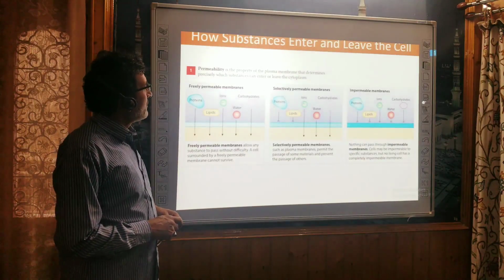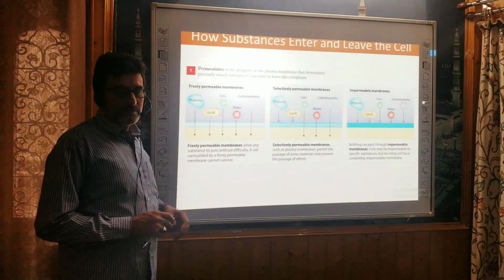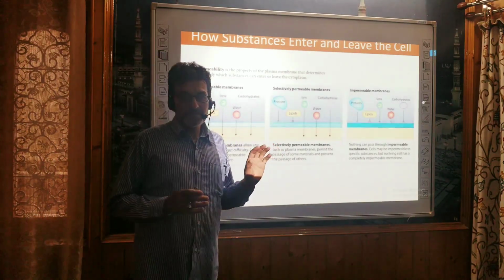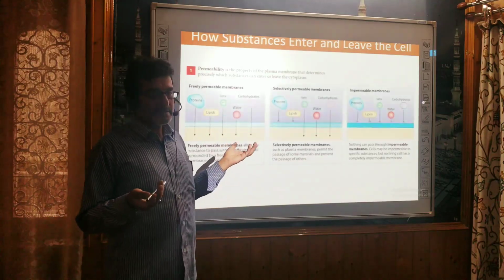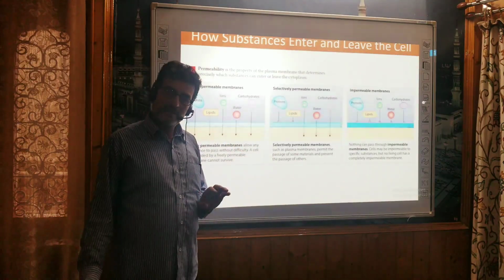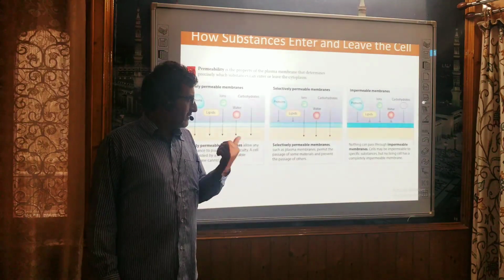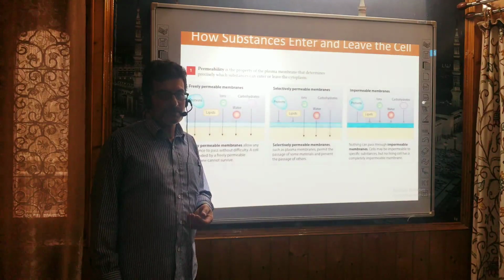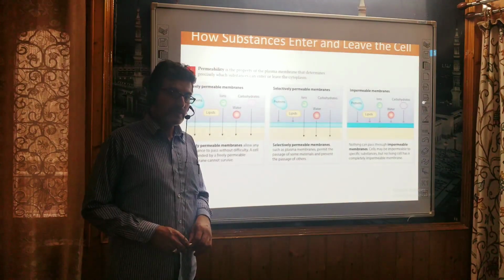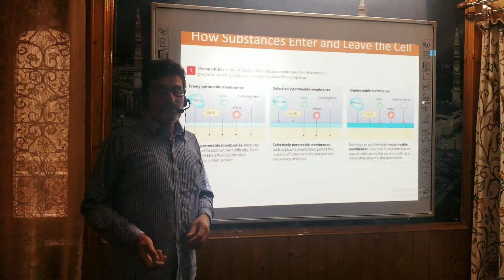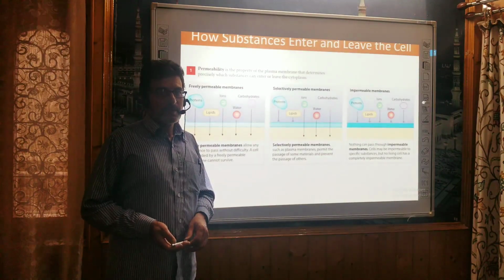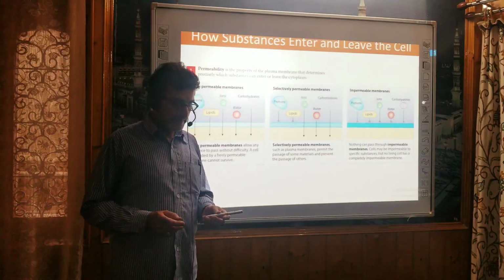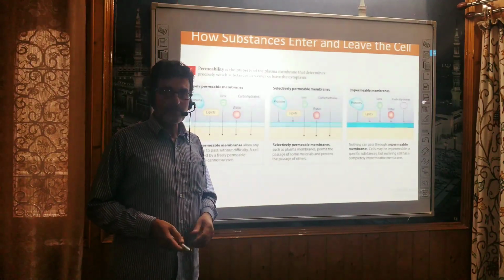Now, how substances enter and leave the cell, which we have already discussed under the cell membrane. The main function of the cell membrane is how it selects different types of ions and how it allows different elements inside the cell. We call it pinocytosis and phagocytosis. So today's topic was what physiology is, what the various physiological systems in our body are, and how every system performs its own function. Thank you very much. Hoping you might have understood today's lecture. Thank you.